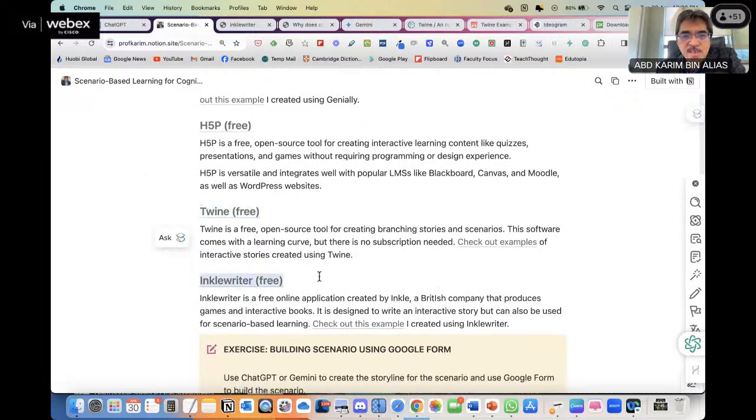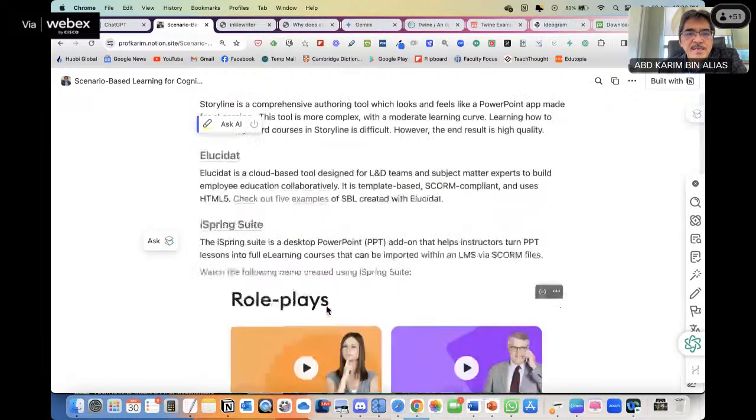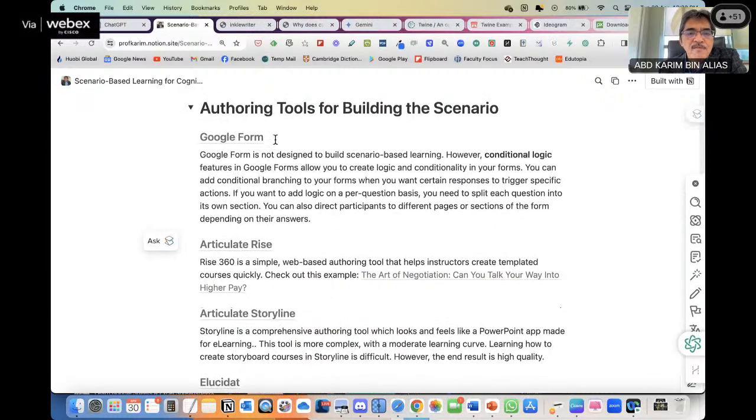And in this session, I've demonstrated to you Inkle Writer and Google Form. So I hope this is enough for you as a starting point to explore further.